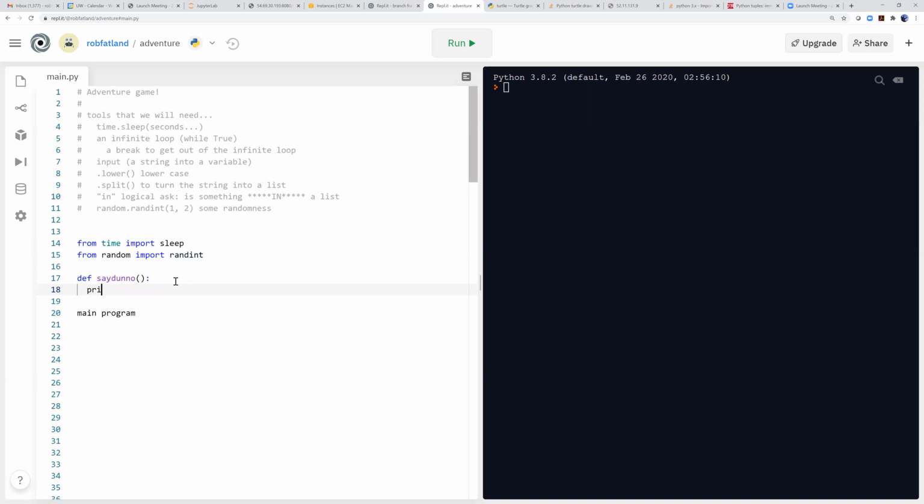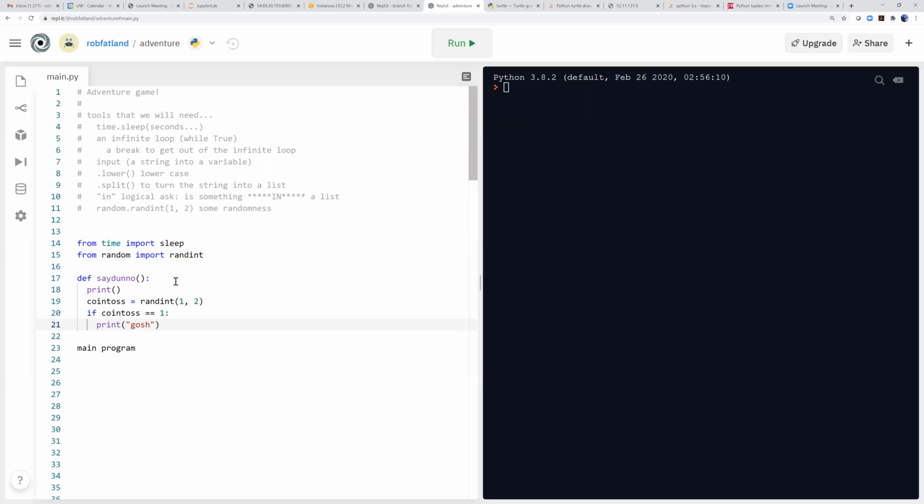First thing we're going to do is print a blank line. And then we're going to toss a coin. We're going to do this by creating a variable called coin_toss. And that's going to be equal to randint. And randint takes 2 arguments, the low end and the high end of the random integers that you generate. So I'm going to say it's going to either be a 1 or a 2. It's like we're going to flip a coin, and the coin is going to put a 1 or a 2 in coin_toss. And if coin_toss is 1, then we're going to print,